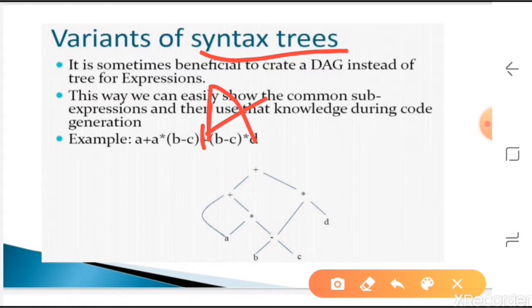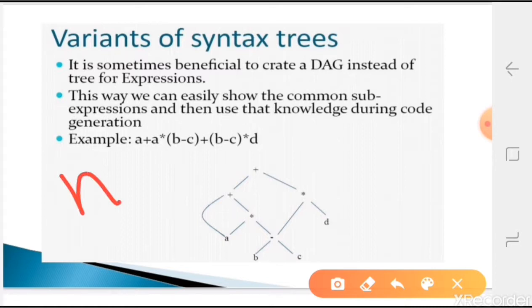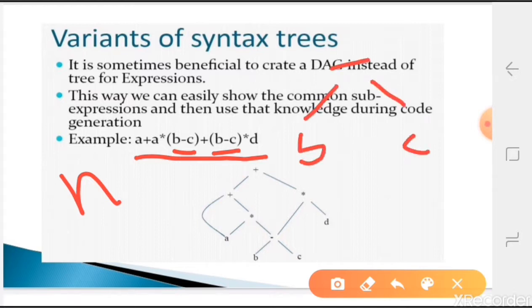If you observe that tree, you will have n number of different nodes. Suppose you consider an expression where b minus c repeats twice. Whenever you draw the tree, b minus c will come twice, in one place and again somewhere else.